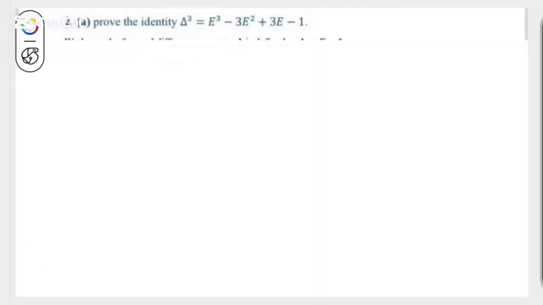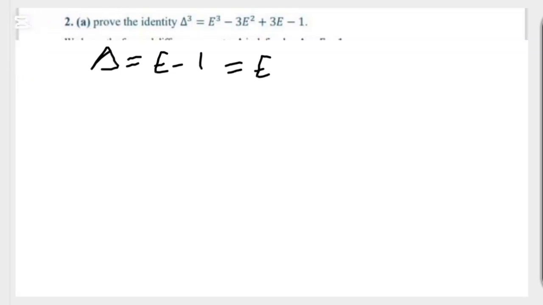Prove the identity: the forward difference cubed is equal to E cubed minus 3E squared plus 3E minus 1. As we all know, the forward difference operator, which is this delta, is the same thing as E minus 1. So to find the forward difference cubed, I can expand the expression. I can say this is the same thing as